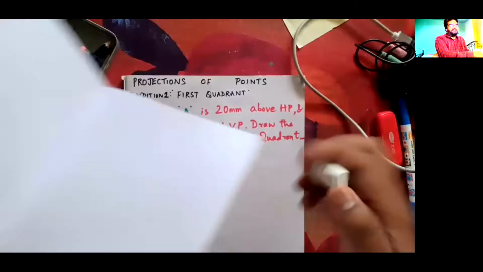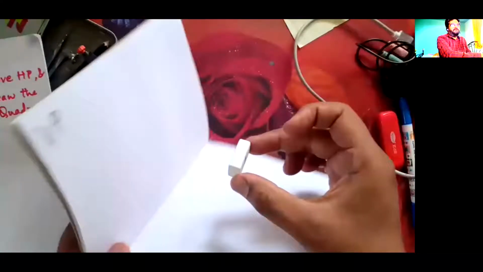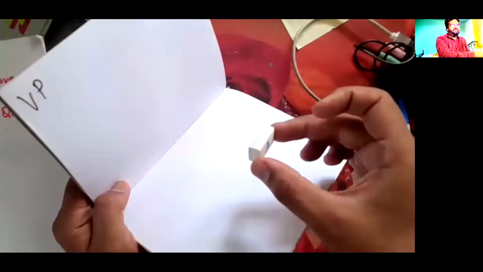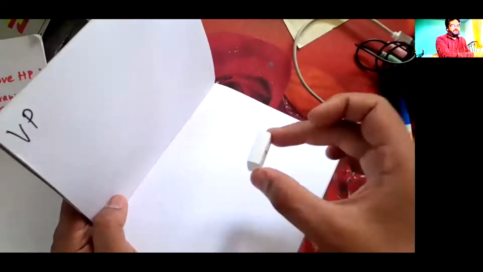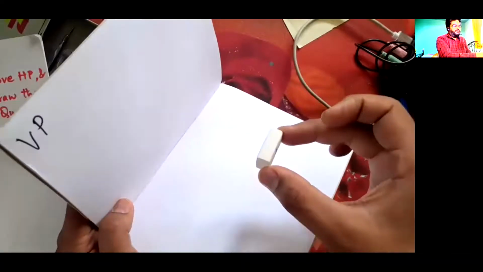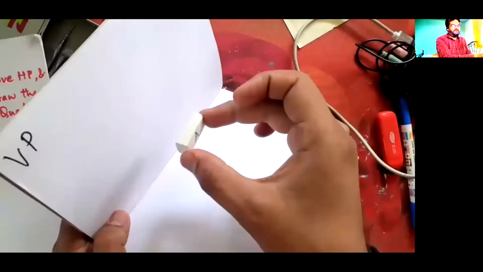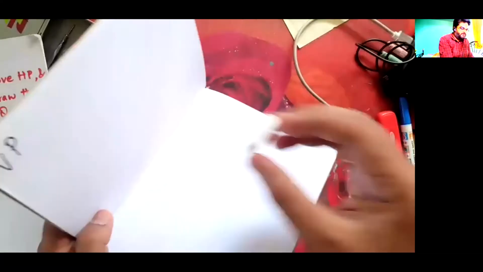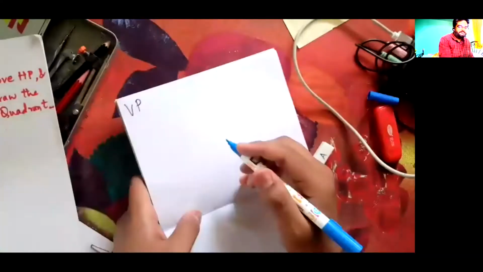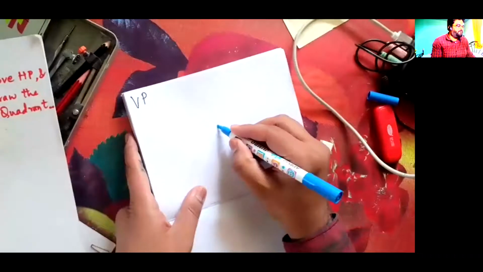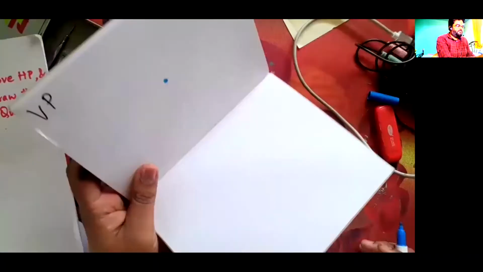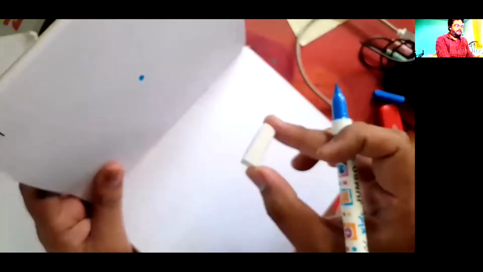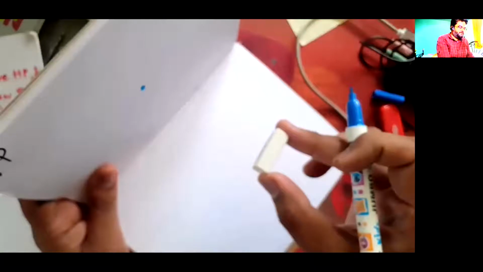The point is like this: 10, 20, 30. From here, 10 and 20. I am fixing this position. I am seeing it in the front view. I am the observer. I see the object in the front view and represent the image on the front view. How does it look? The point will look like this. Isn't it? Same object, I am looking from the top and representing it on the horizontal plane. So how does it look?